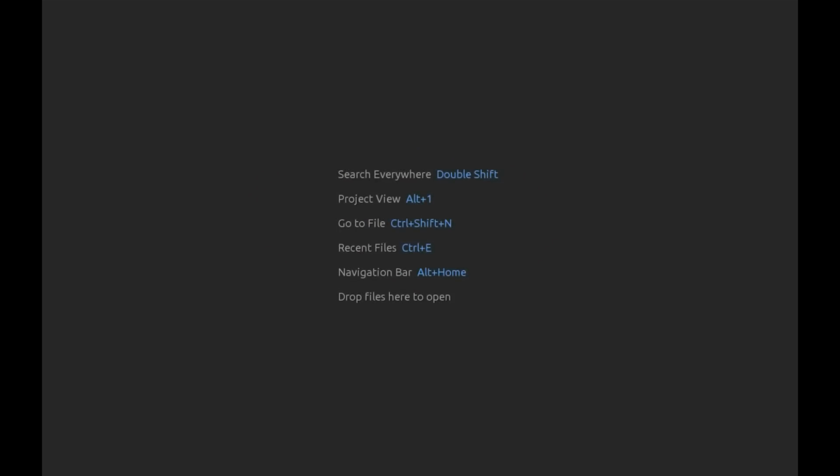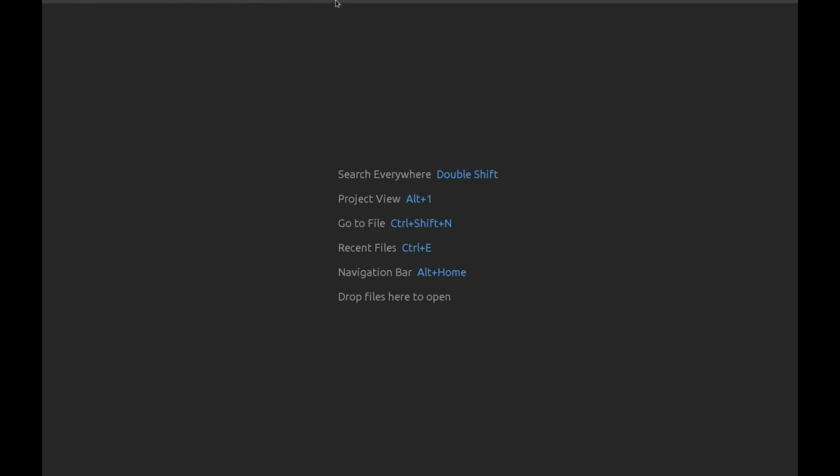Hello. When it comes to an IDE for web development, PhpStorm is probably the best choice. However, I see people here and there complaining that it's very slow, they can't run it, and they really can't do much about it. Today I'm gonna show you 5 ways to improve your PhpStorm performance.